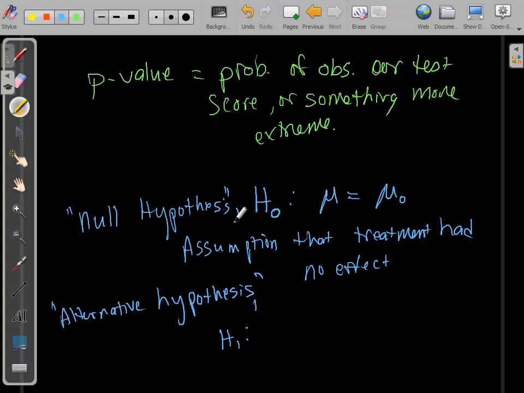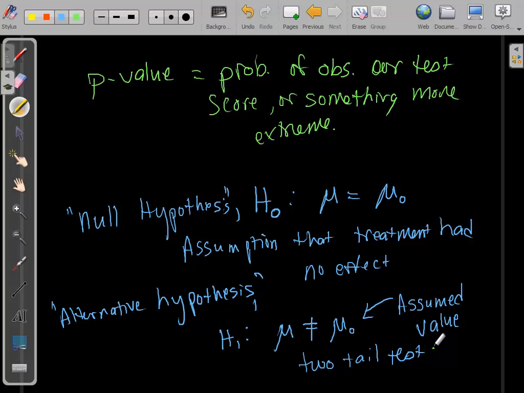It's pre-planned. So the most generic form of alternative hypothesis is that the mean value is not actually equal to the initial assumed value. So maybe I should highlight that. This is the assumed value for our mean. Okay, this is called a two-tailed test, and I'll emphasize that again in just a moment. This two-tailed test is the basic test. It's the most conservative test. So it's a conservative test,